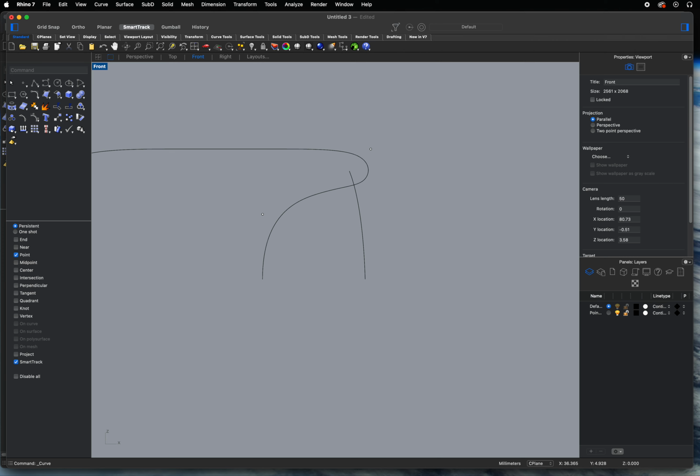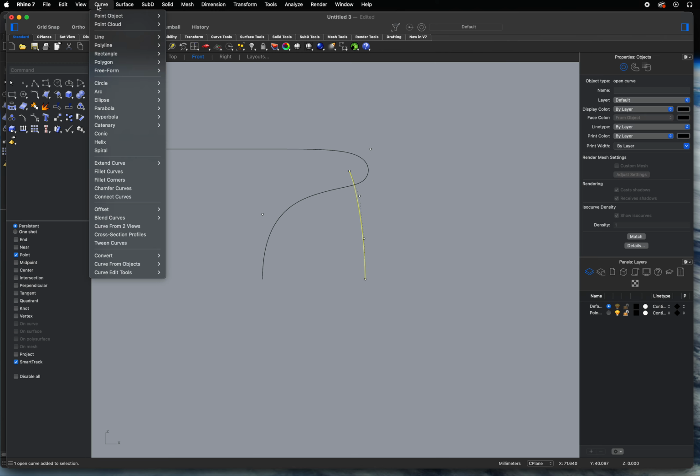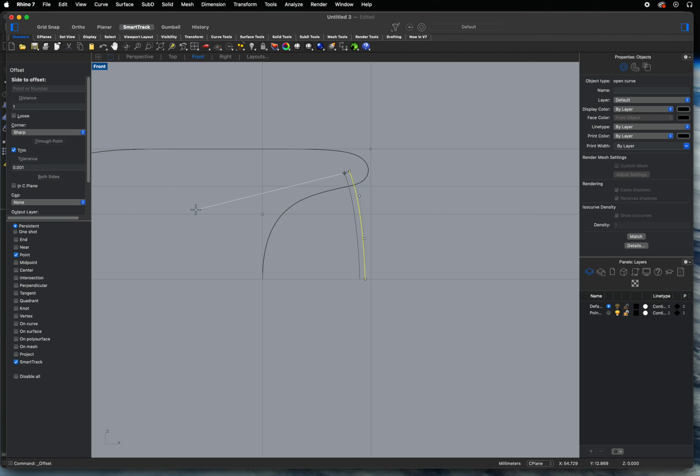All right, next what we're going to need to do is offset to create an inner lens profile curve. So I'm going to select this curve here, go up to the curve menu, find offset, and we're going to offset that curve a distance of 1.5, and hit return. We can offset it so it looks like it goes to the right or to the left, but it's always in that tangent direction. So I'm going to hit return